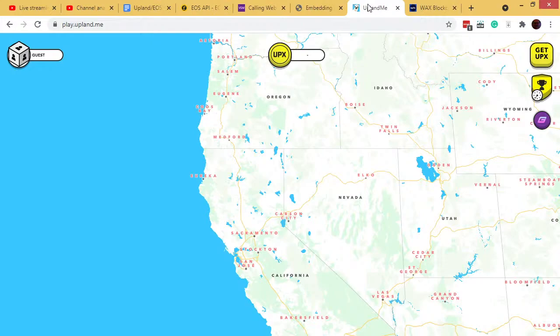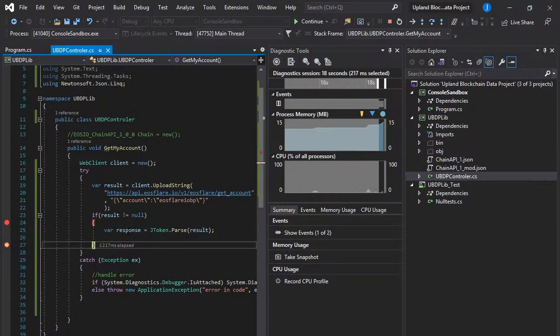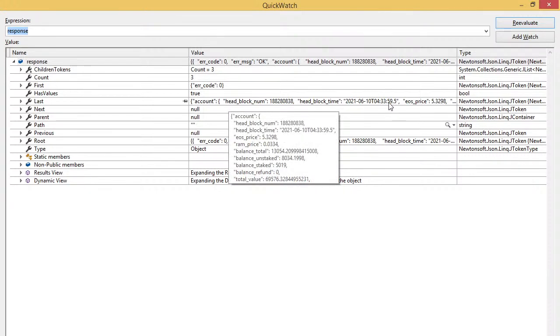Upland is loaded. It took all that time, but it's there now. Oh. So now in my response here, instead of just having a big mess of JSON, I've actually got some objects here. Okay. This is still kind of rough, sort of in the JSON structure, but